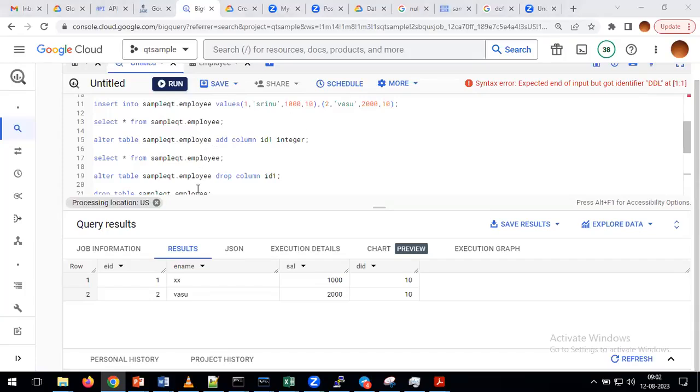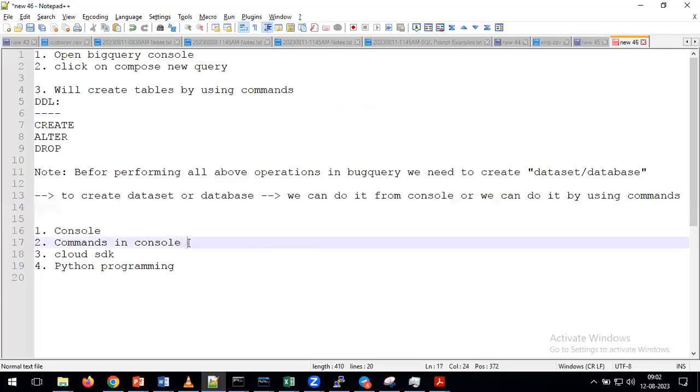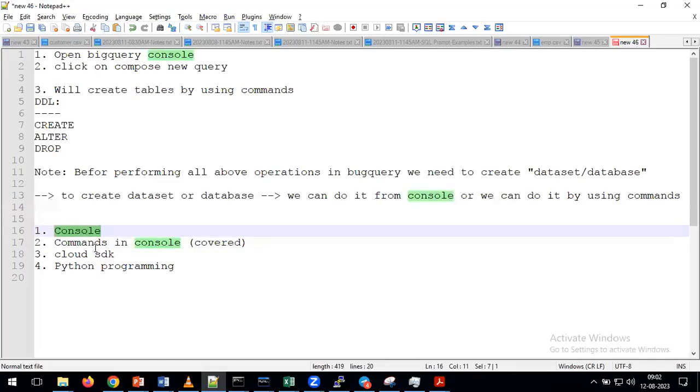Now my requirement is I want to perform the same operations directly from the console. I don't want to use any SQL queries. I want to perform the same operations from the console. That also we can do here. See,